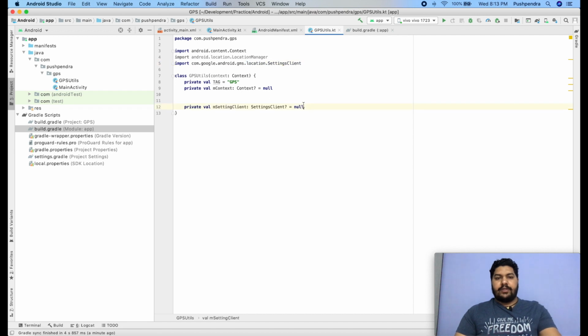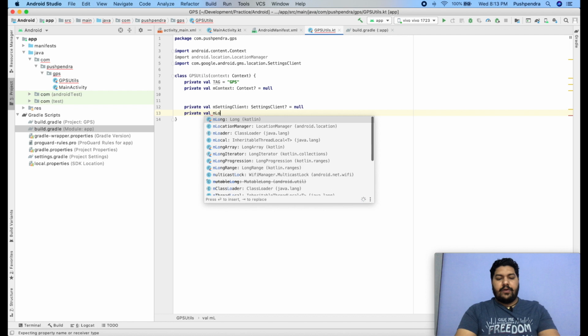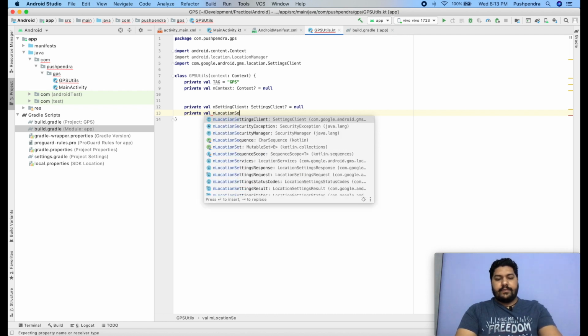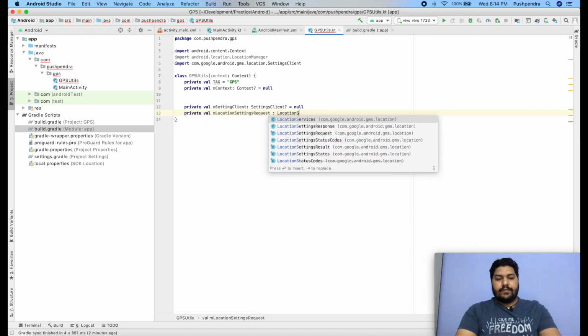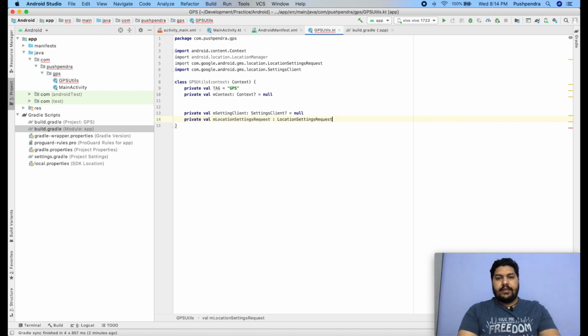Now the third thing is location settings request. So private val locationSettingsRequest, and its type is LocationSettingsRequest.